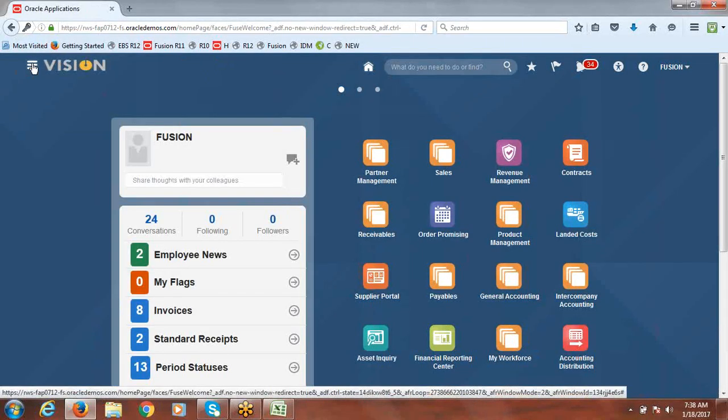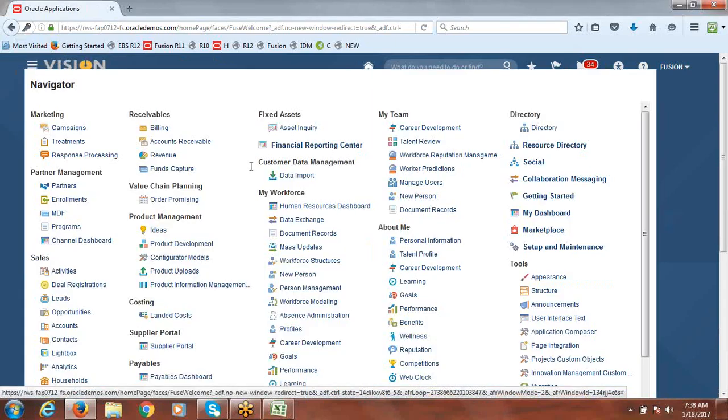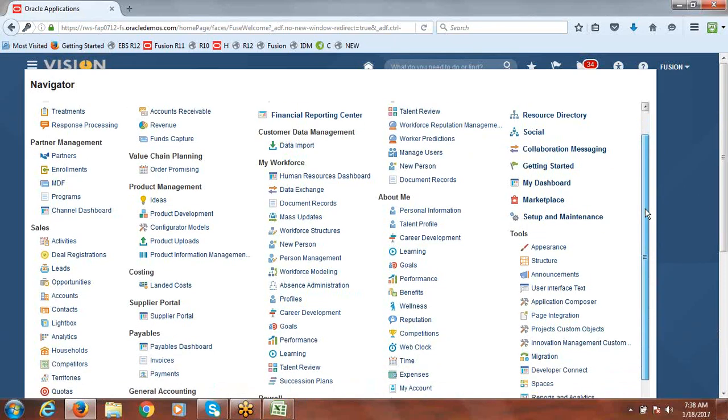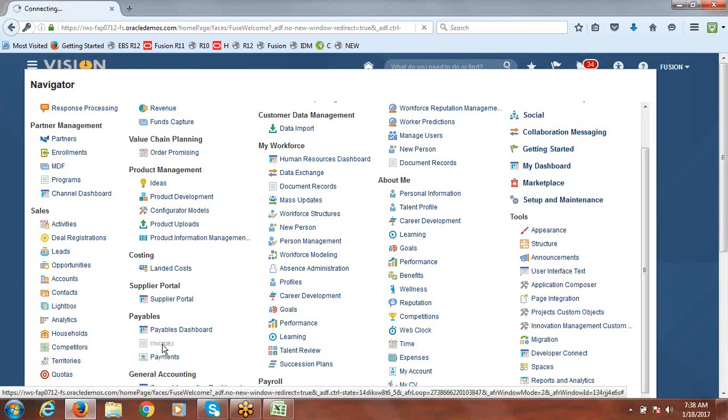Even the same information you can see when you're searching for invoice also, expense report also. You can see it from here and there. If you go to invoices, from the invoice workbench also you can see that.